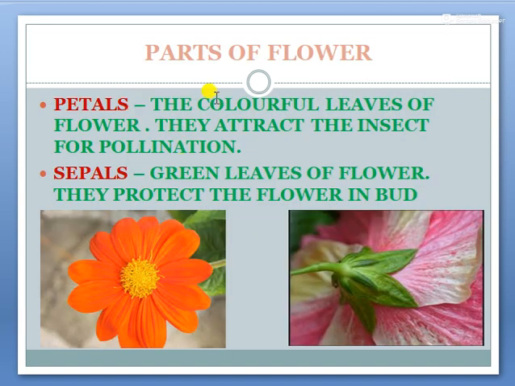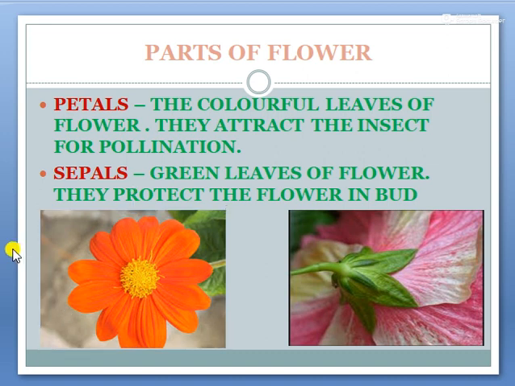Now we will study the parts of a flower. Petals. The first part of a flower is the petal. The colorful leaves of the flower are known as petals. Here you can see in this diagram these leaves are orange colored. Here they are pink and white in color. So these colorful leaves of the flower are known as the petal.